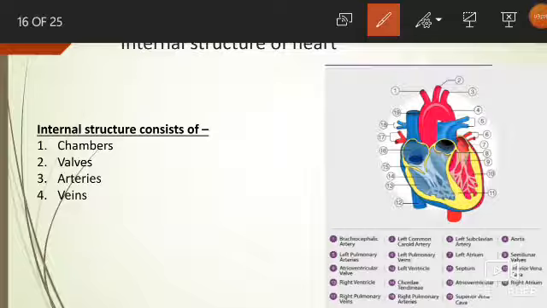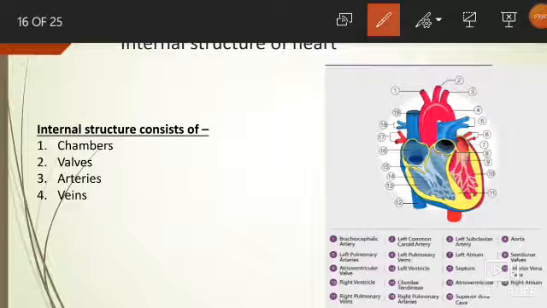So in between the right atrium and right ventricle, the valve that is present is named the tricuspid valve. Cusp means leaflets, tri means three, so the valve structure consists of three leaflets, so the valve name is tricuspid. Similarly, the valve present in between the left atrium and left ventricle is named the bicuspid or mitral valve. Bi means two and cuspid means leaflet-like structure. So the valve is bicuspid in nature, that means it consists of two cusps.